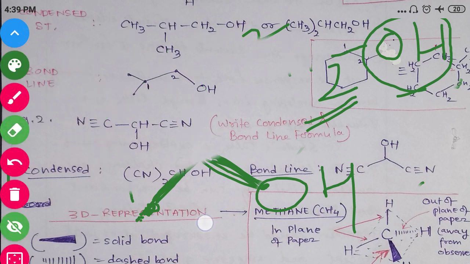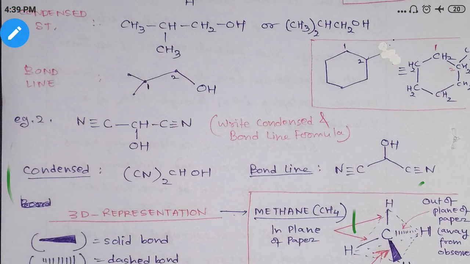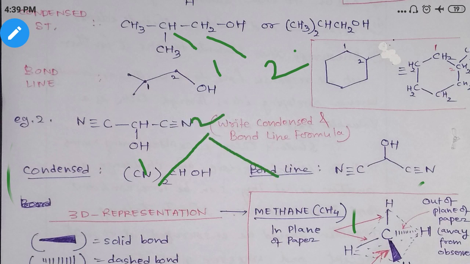So now we will see our question, the compound which was there. This is carbon number 1 and this is carbon number 2. So how will we write? We will start with carbon number 1, then carbon number 2, and with carbon number 2, what is connected? OH, so you write OH. If you want you can write O-H, no problem, O bond H, but you can also write OH directly, okay? With number 2 carbon, OH is connected, so you will write OH.